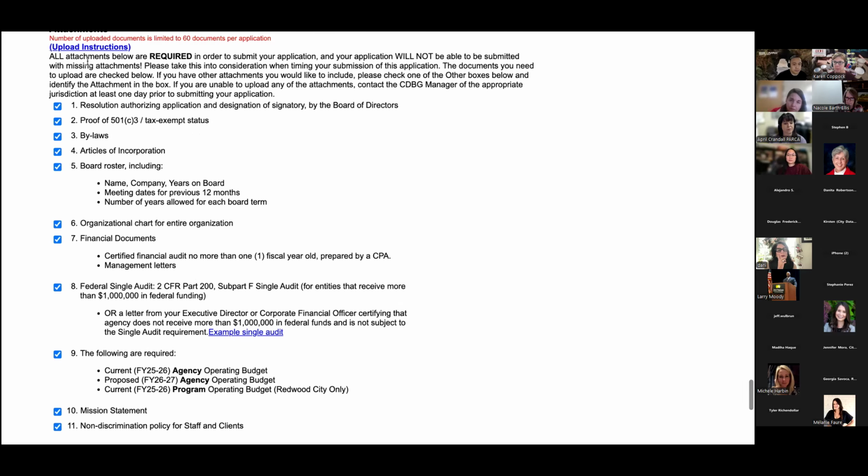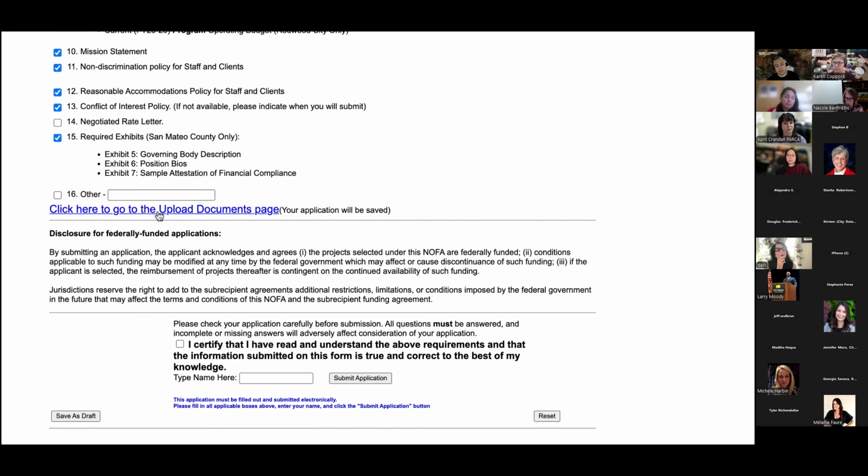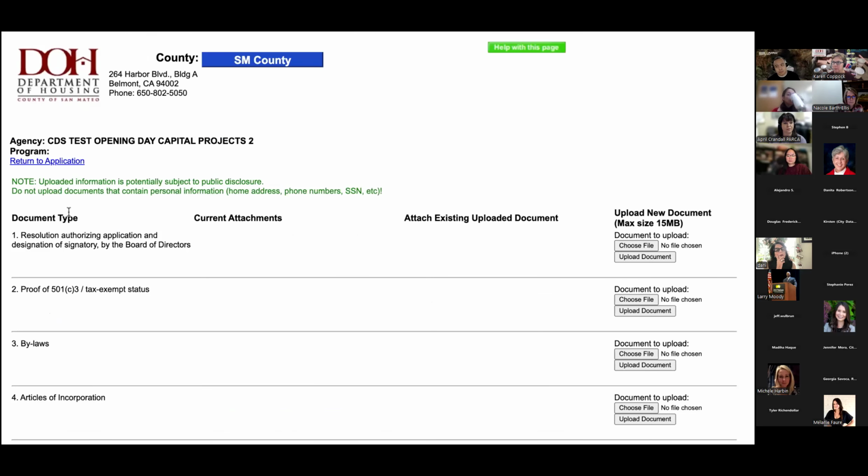So we have upload instructions that come up as a pop-up window. And then down here, we also have the upload documents page. You'll see the document type listed. You'll see if there are any attachments there. And then you'll be able to upload your document.